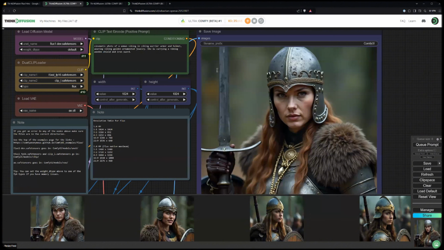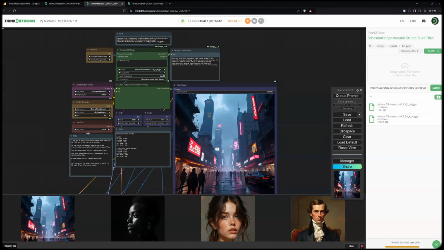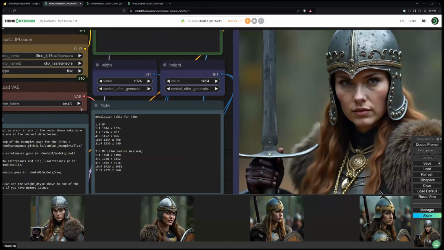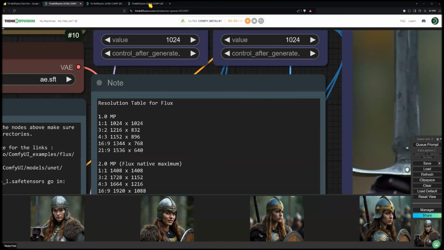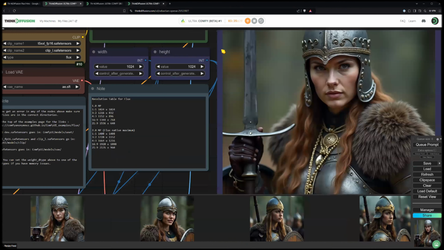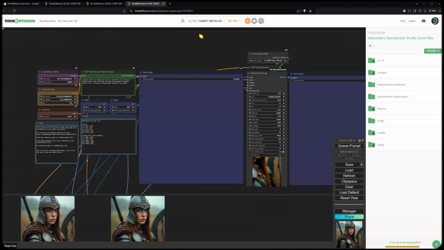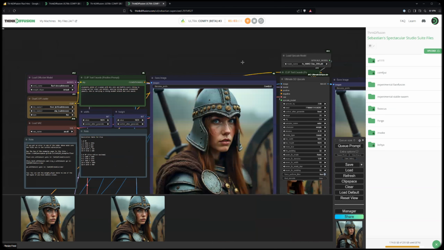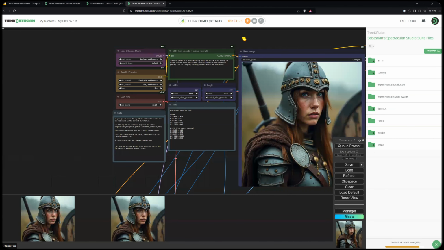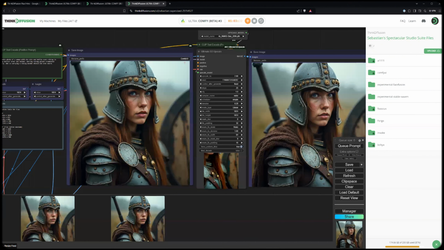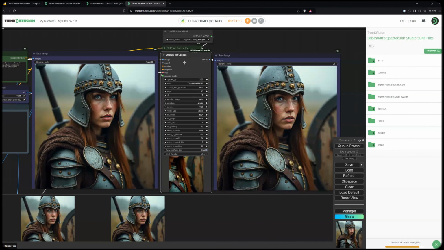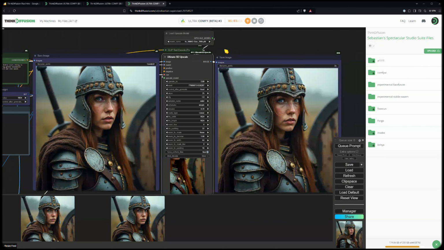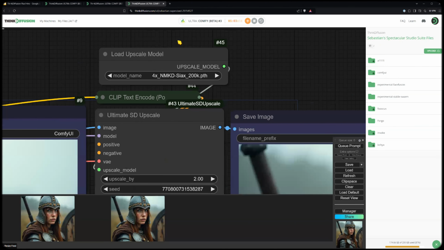And some of you might be thinking, well, okay, I want to do the native resolutions, but I still want them bigger. Well, we can do that. So I actually prepared a third workflow for you here. So this is, if you remember our first workflow, as you can see, this part, this is the same. But then we have connected an Ultimate SD Upscale. So this is an old extension that was actually used for Stable Diffusion. And we have connected an Upscale model.